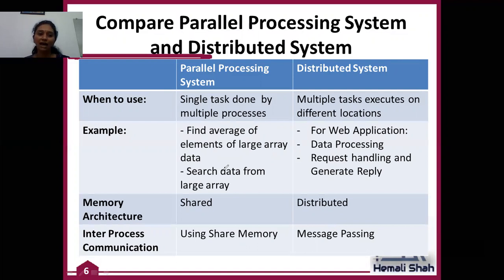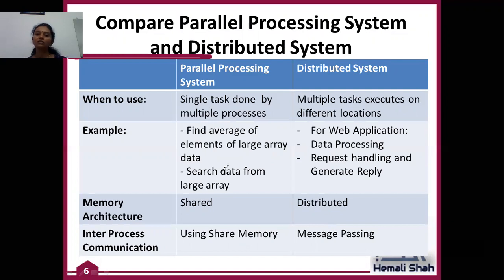Then, searching for data in a large array. If you want to search for some elements in an array of strings that is very large, in the thousands, and you want to search fast, you can divide your whole data and assign it to processes, like we did for the array of integers.